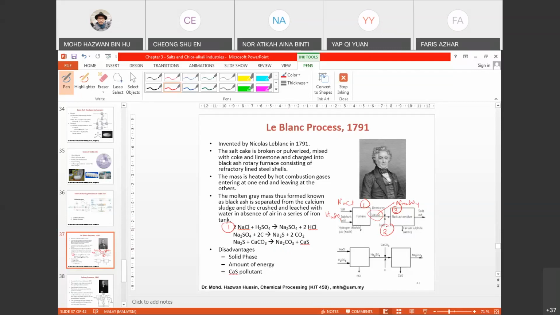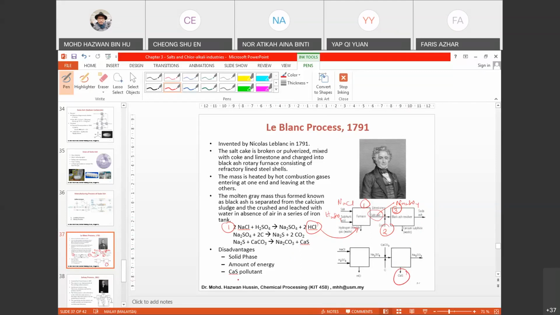So you can see this is the process, and part of it, in process one, you have a discharge of acid, hydrochloric acid over here. You have a discharge of carbon dioxide at one end, and then another one, you have a discharge of